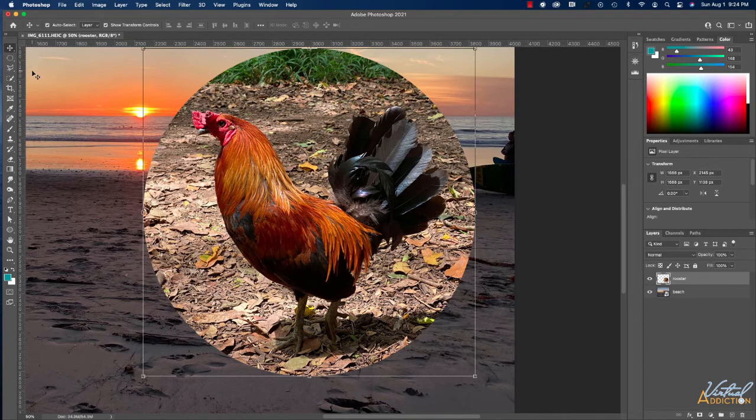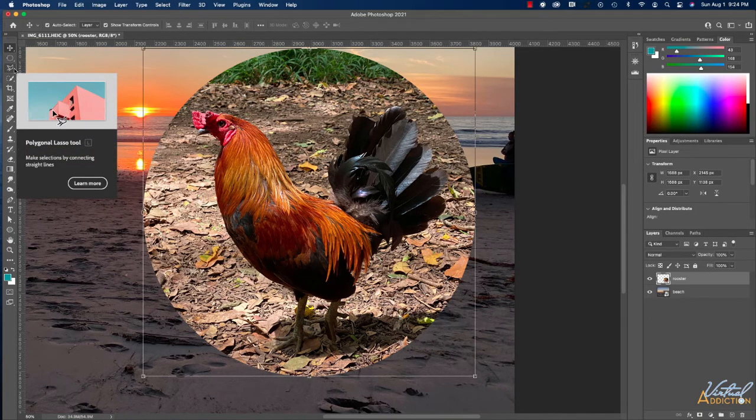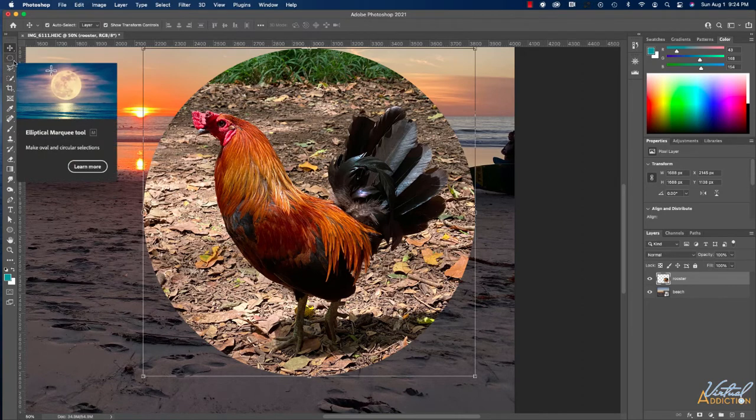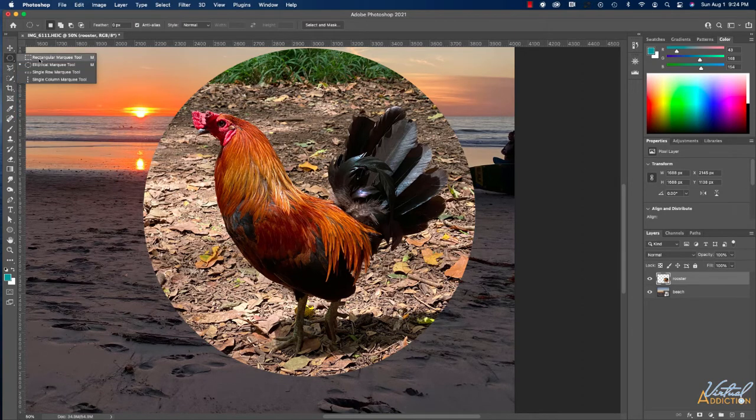Now we have a number of ways that we could approach this. We can go ahead and use some of our selection tools. So in the previous exercise, we used the marquee selection tools, which allow us to make rectangular and elliptical selections. I am now going to switch to the lasso-based tools. We have a freeform-based lasso tool, which allows you to make a selection in any sort of shape that you want. We have the polygon lasso tool, which allows you to make a more linear, straight line selection. So probably wouldn't be that good for this particular shape, but if I click, you can see